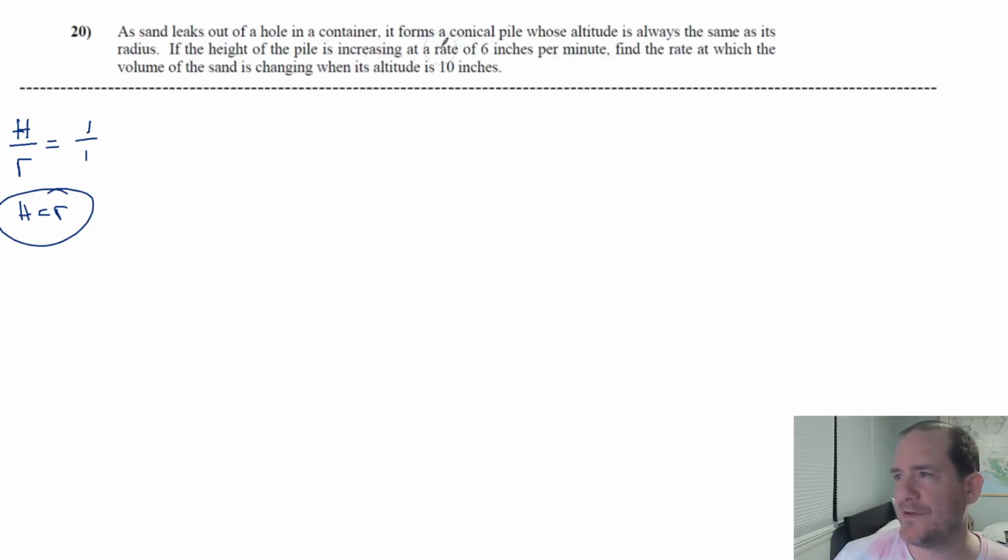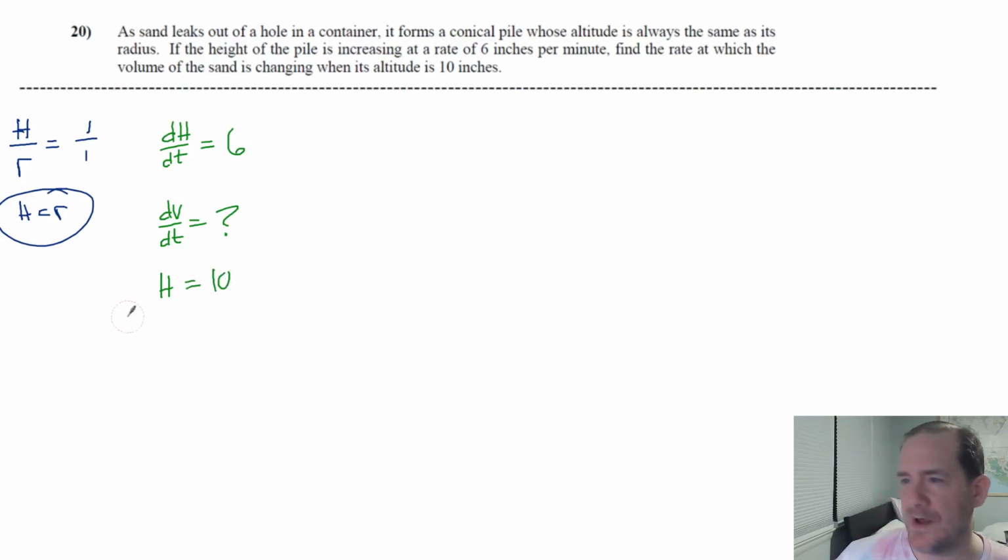It says the height of the pile is increasing at a rate of 6 inches per minute. That seems to mean that dh/dt is 6. It says find the rate at which the volume of sand is changing. So it looks like dV/dt is the thing we want to solve for. And it says find the rate at which the sand is changing when the altitude is 10. So they're giving us the height, telling us it's 10. So again, they're sending pretty strong vibes that r and dr/dt can just go away, which means that if we take our formula, 1/3 pi r squared